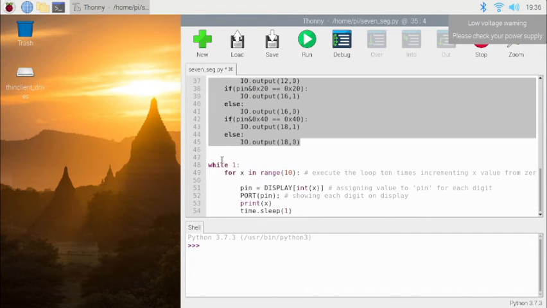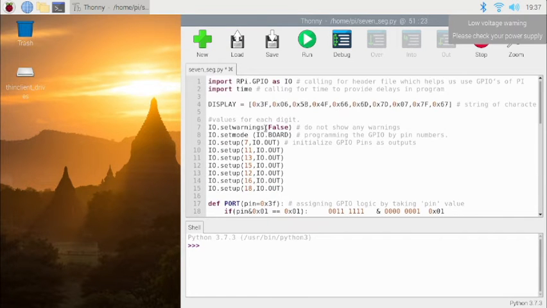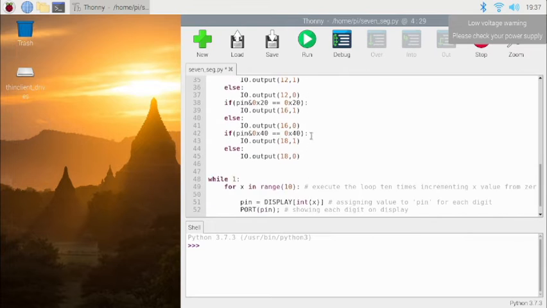And now finally what we are doing, we have this infinite loop, while 1, or you can simply write while True. Okay, and in the while True infinite loop, we have this for loop, for x in range 10. It means it is a simple for loop. It will start from 0 and go up to 9 with an increment of 1. Okay, so 0 1 2 3 4 5 6 7 8 9, and for each increment it will simply read this value, display of 0, display of 1, display of 2. So basically it will read these numbers one by one, right?